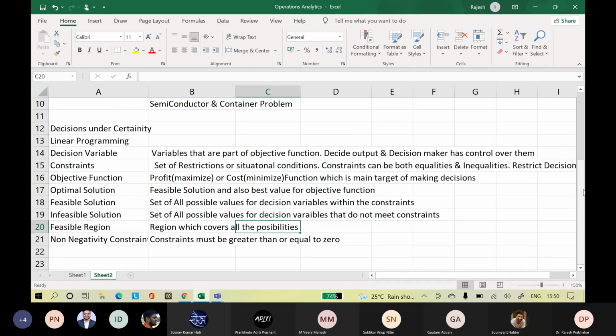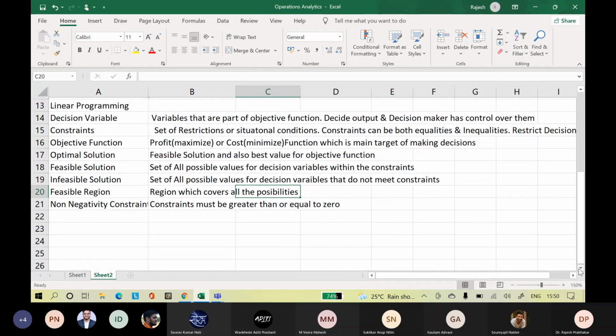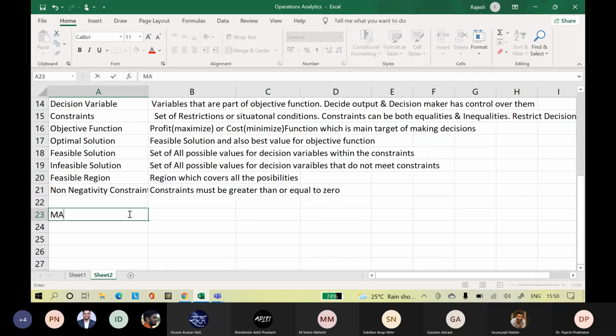Now, let us do an example. Maximize Z equals 250x plus 75y. So what does this function tell you?